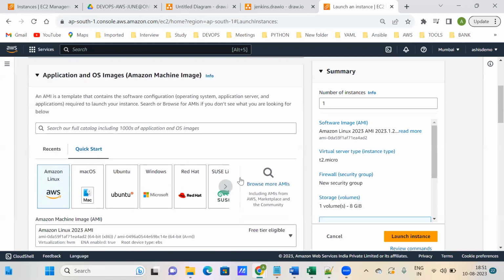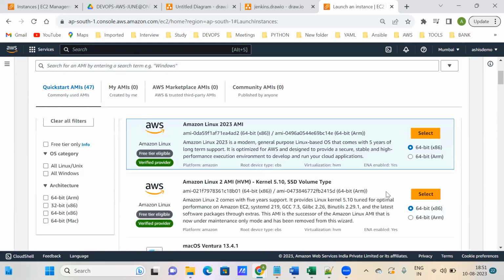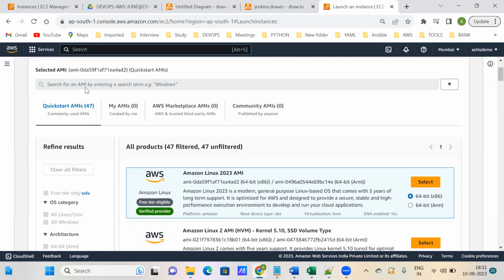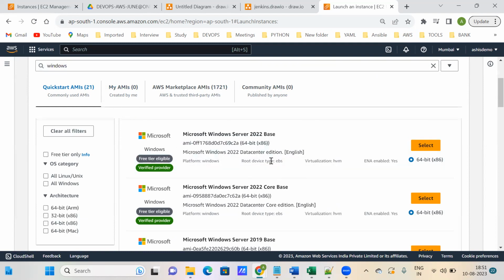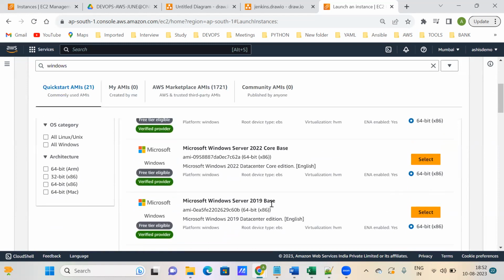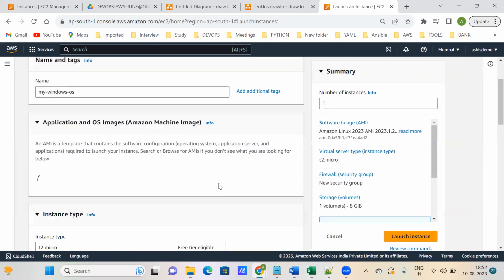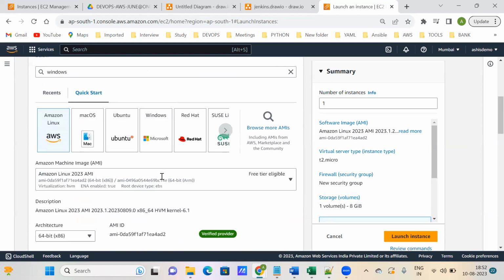And here you have to click on AMIs, browse more AMIs, and here you have to search Windows and click on search. You will get a lot of Windows Servers. Select one which is free tier. Let me select the second one, 2022, or you can select 2019, because it's a stabilized version. Once you select this one,